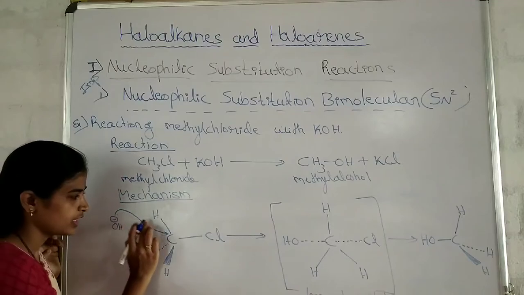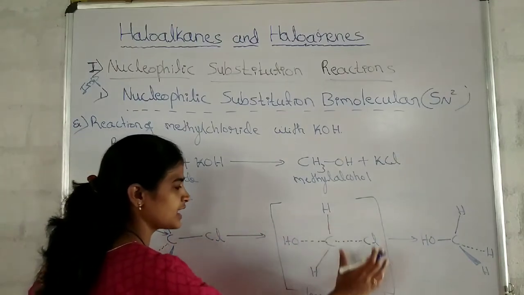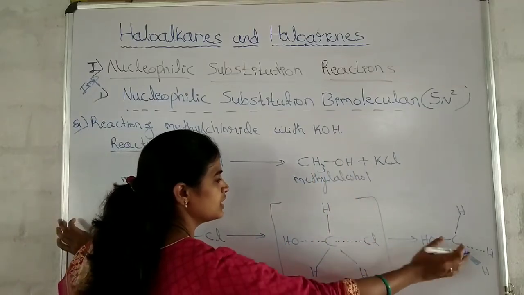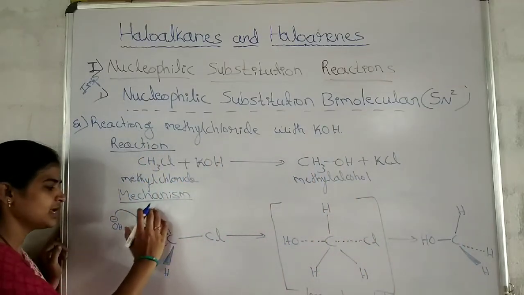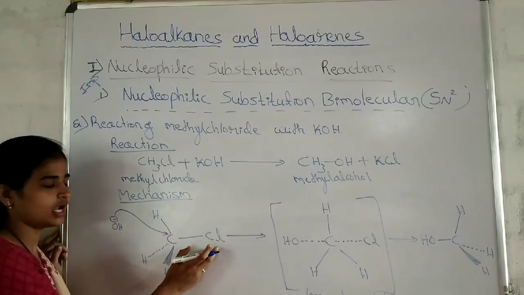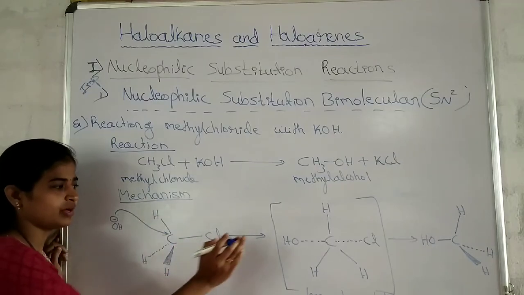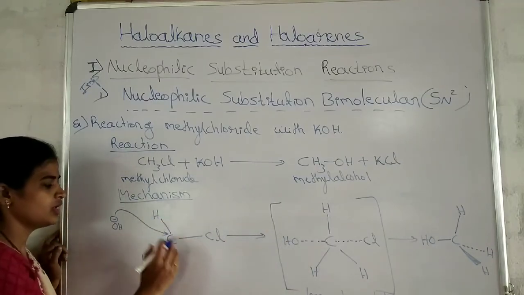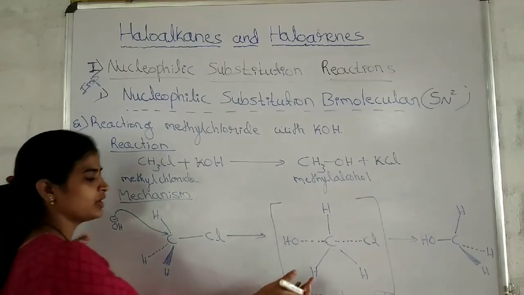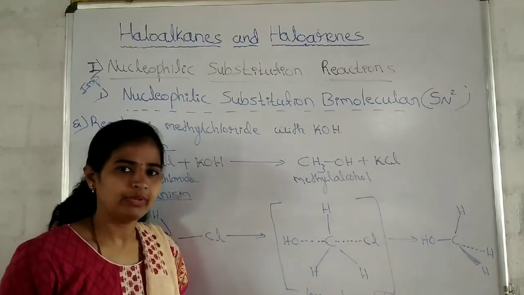Got it? Yes, the nucleophile enters here and there will be the formation of the transition state. At a certain stage, it will break down to form the new product. Here, all the hydrogen atoms attached to the carbon are away from the halogen atom. But once the nucleophile approaches the carbon atom, what happened in the transition state? It was towards the observer, away from the observer, on the plane. But in the transition state, all these three hydrogens are on the same plane.